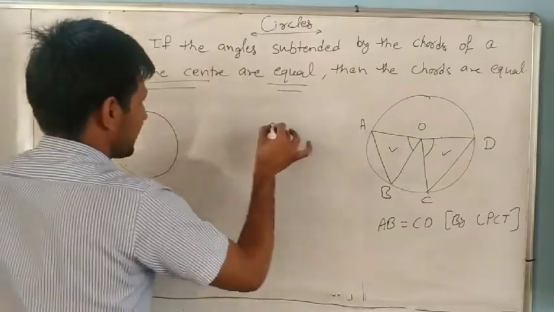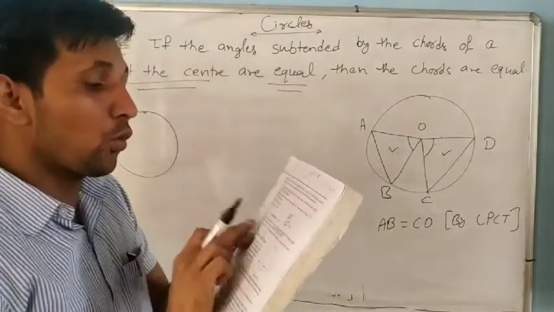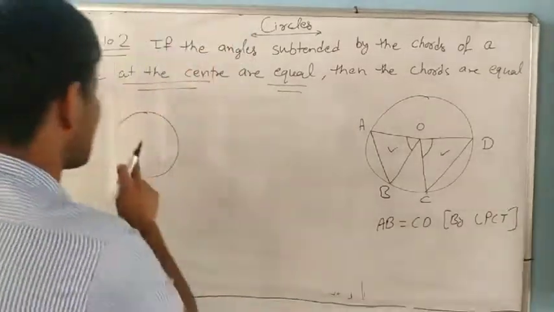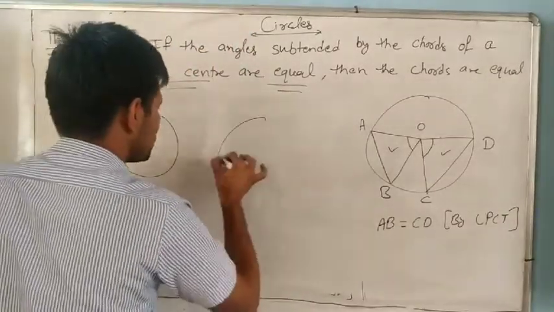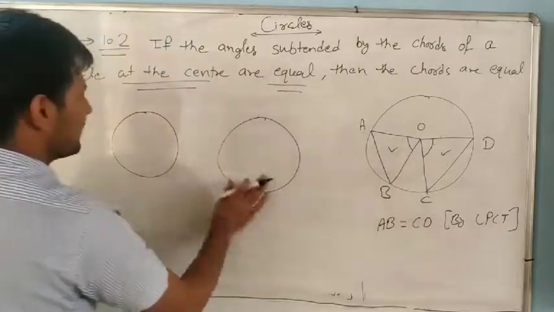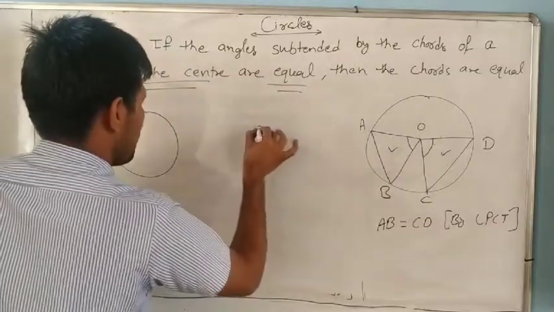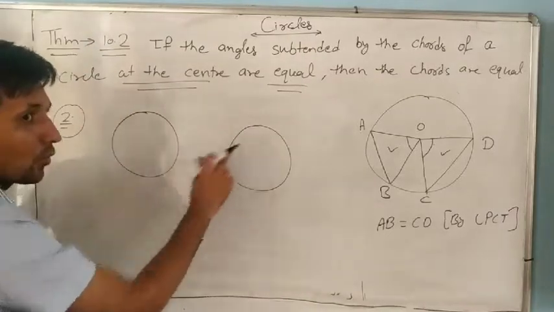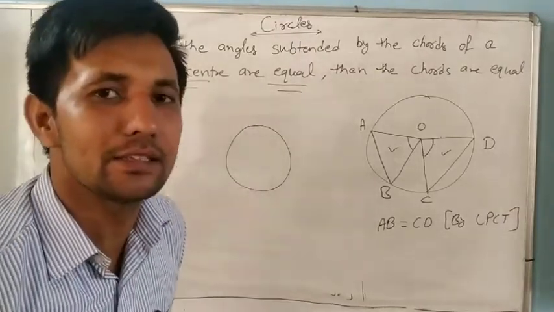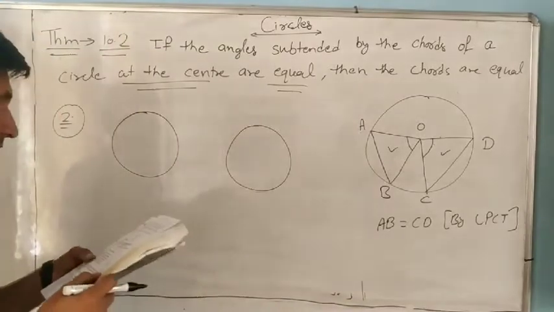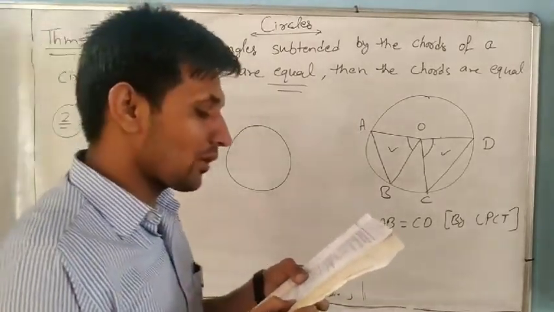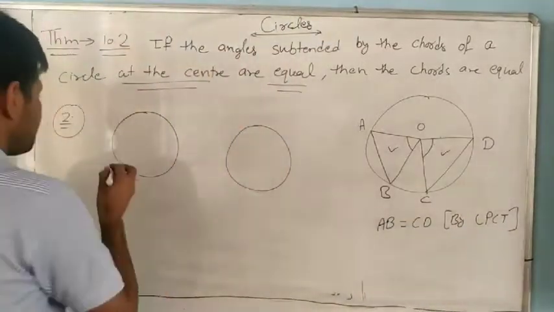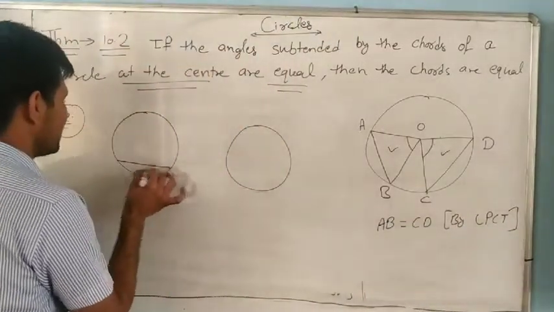So two circles are given. What is given? Prove that if chords of congruent circles... So it means the circles given are congruent, so both circles are the same size. If both circles are congruent, it means their radii are the same. Very good. Next, if the chords of the congruent circles subtend equal angles, we don't know how much the length of